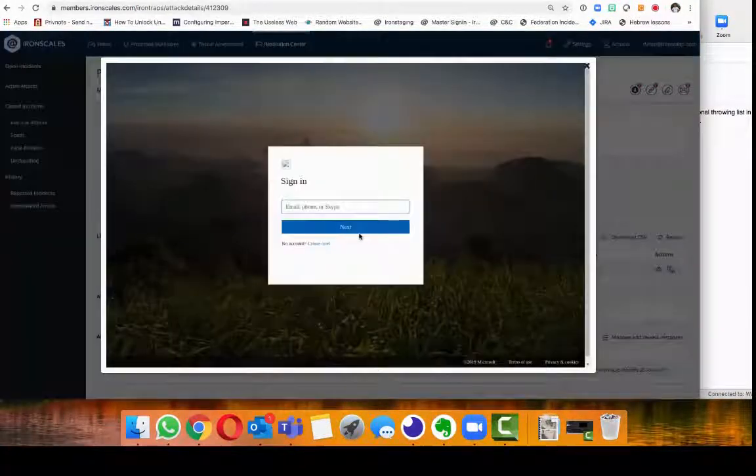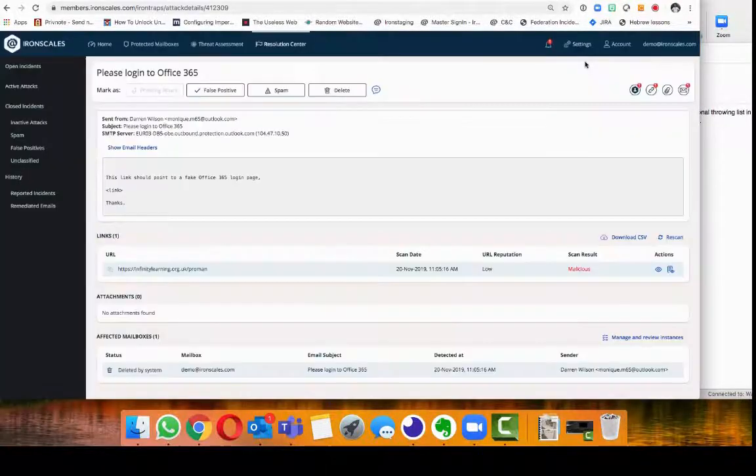Here's what we saw when we visited that page, right? So the computer vision looked at this page and saw that this looks like a fake Office 365 page. Now let me show you something else here. When we